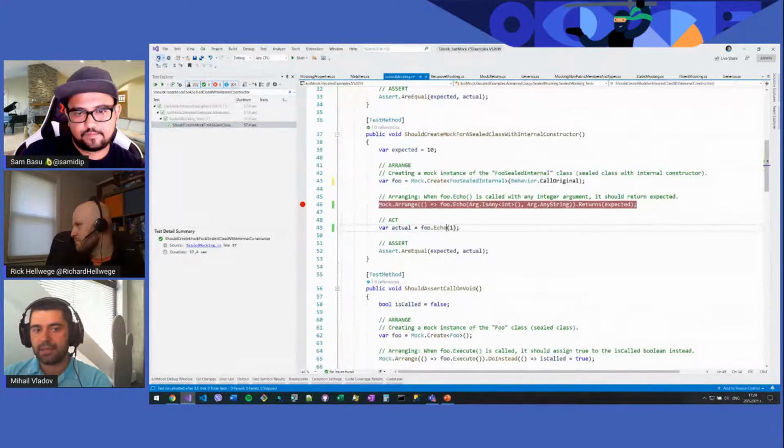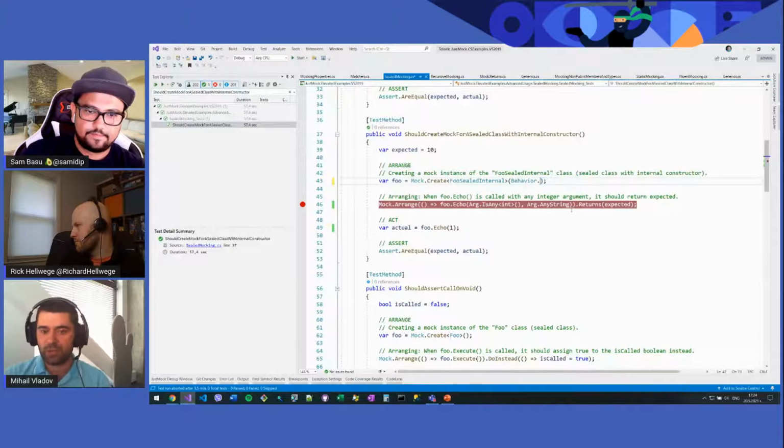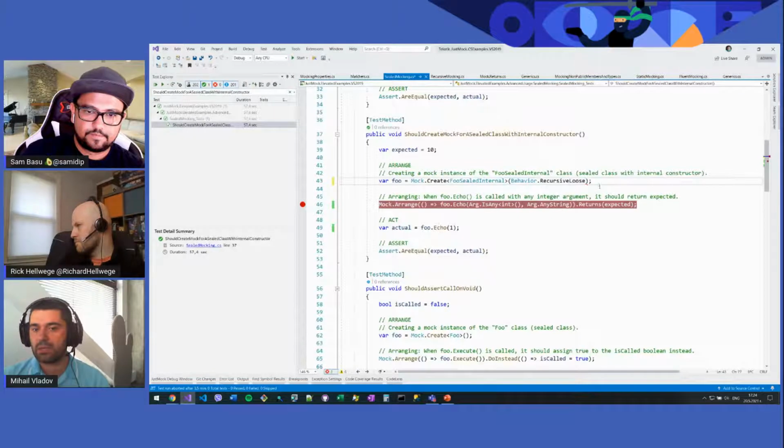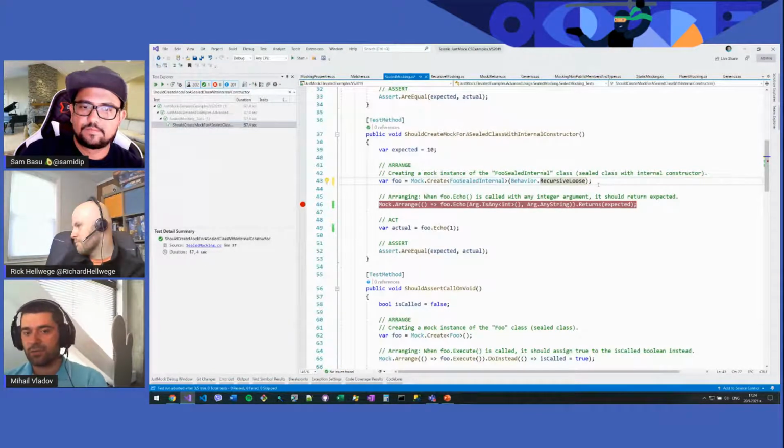Yeah, and you have different options that you can use here. The default one is Recursive Loose, which will create a mock recursively for everything that is nested.